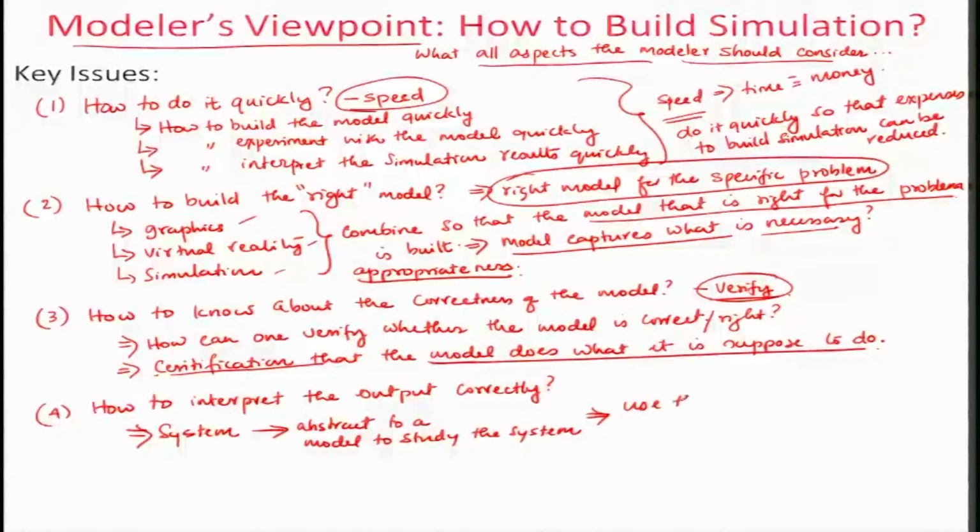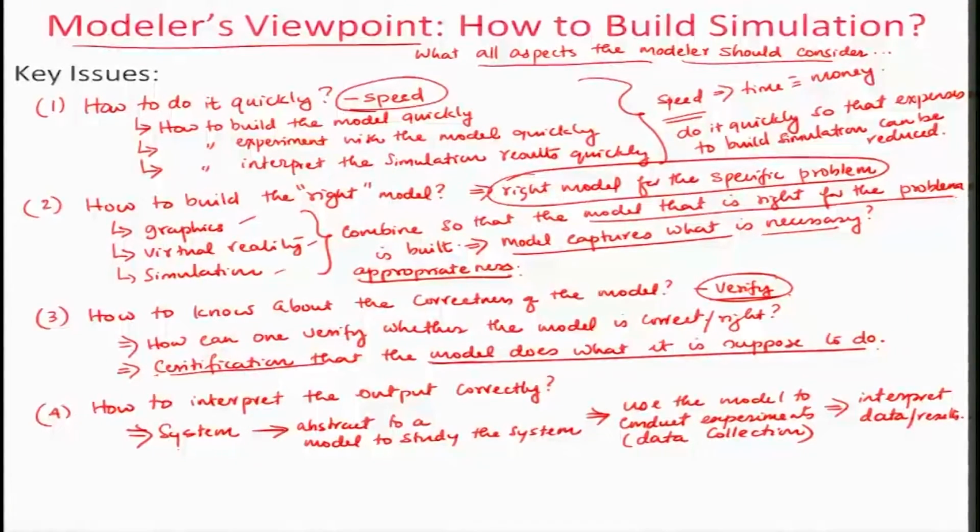Use the model to conduct experiments. This implies data collection, and from there you interpret data or results.